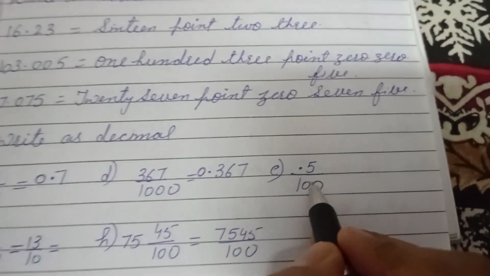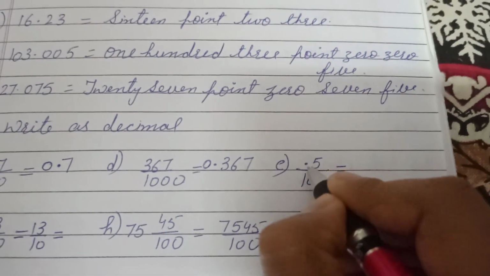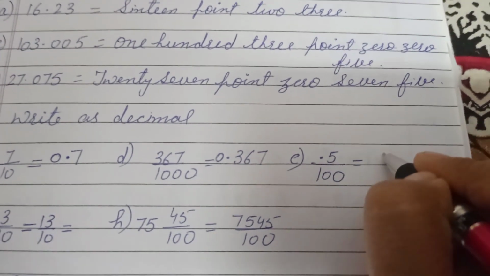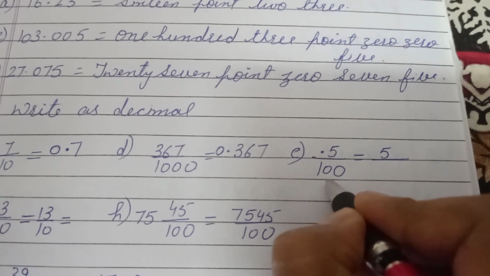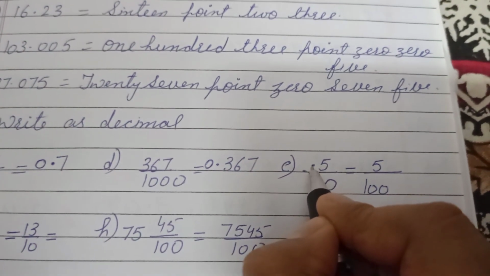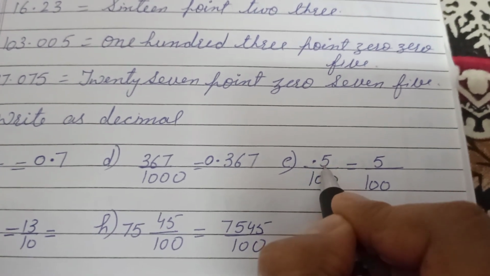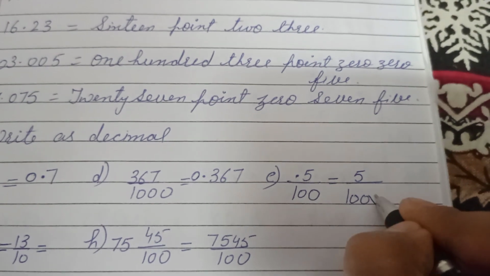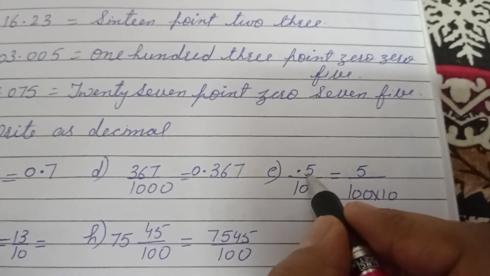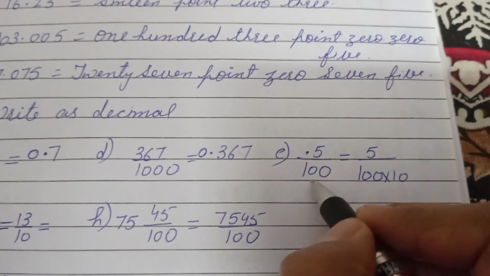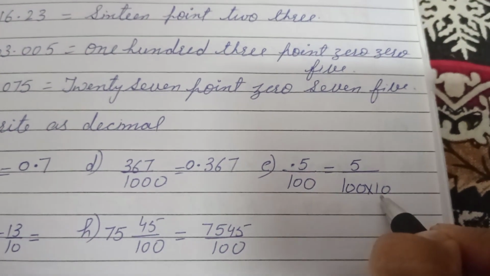Next children, this is different kind of sum. Already one decimal is there. So for your convenience, to make it easy for you, what I'll do? Remove decimal. What is there? 100. Clear? When you will remove decimal from here, after the decimal, how many digits are there? There is only one digit. So 10 will come down when you will remove. Clear? After the decimal only one digit is there. So when you will remove it, one more zero will come down.